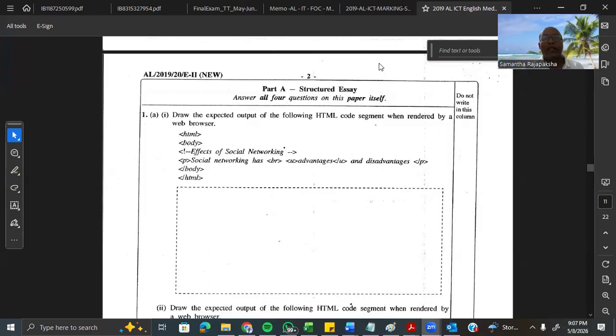Now, in this question, we are asked to draw the expected output of the following HTML code segment by the browser. Now, this is the HTML code you are given. You're asking what output it will generate. So here basically we have the body section, and then